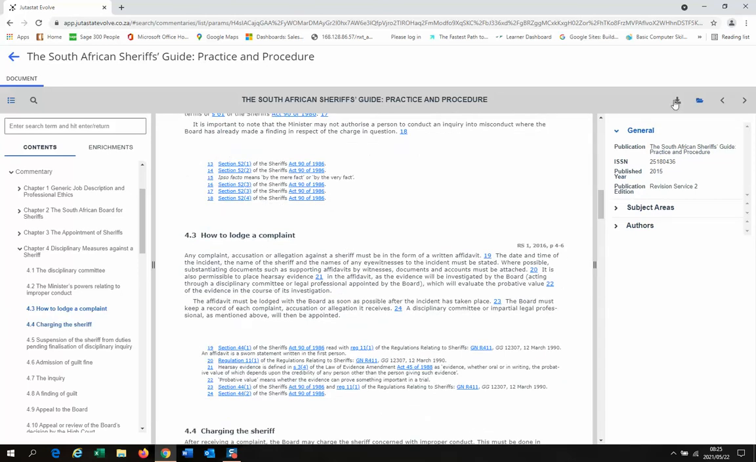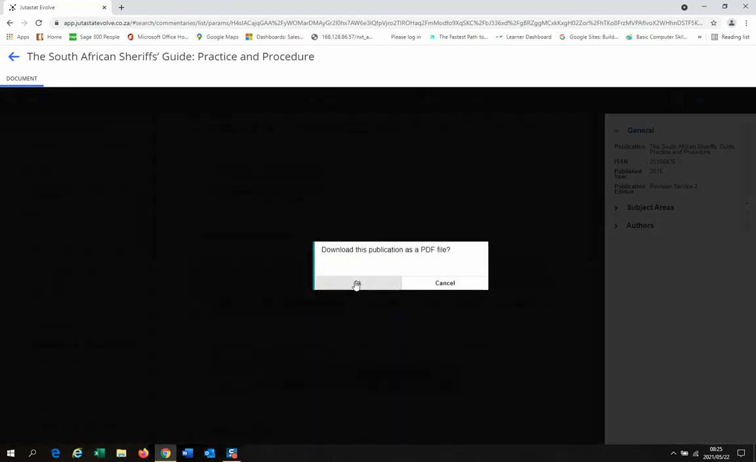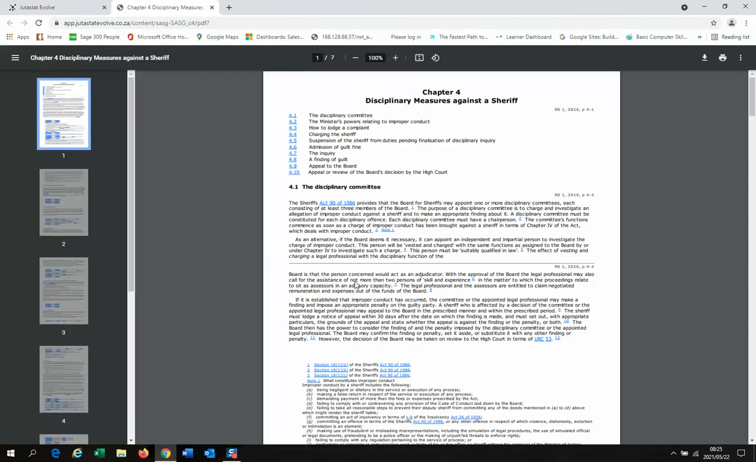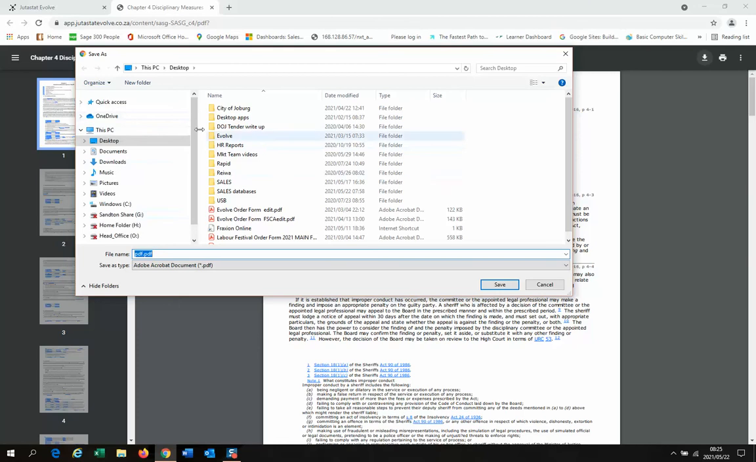To download any piece of information off the system, just click the download arrow in the top right-hand side, and it says download a PDF. Click OK, and there you go. You can now print this specific chapter, or you can click the download arrow and save it to the desired